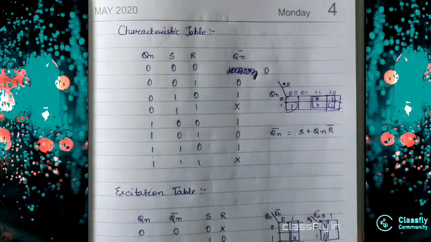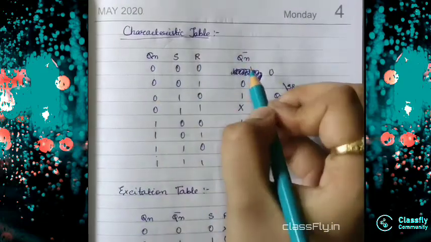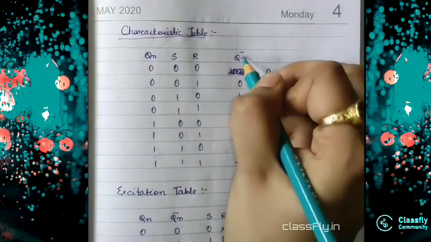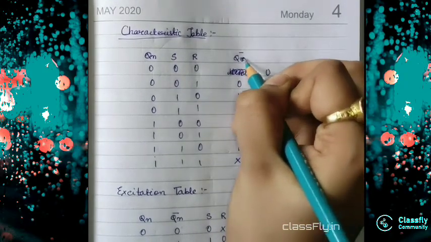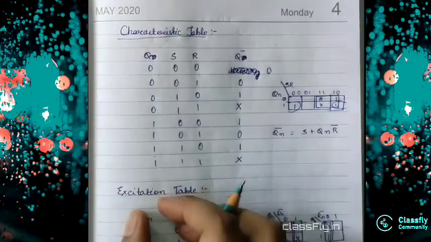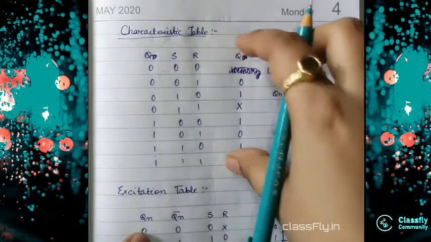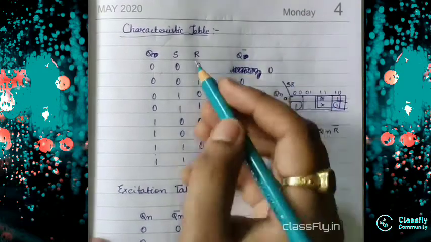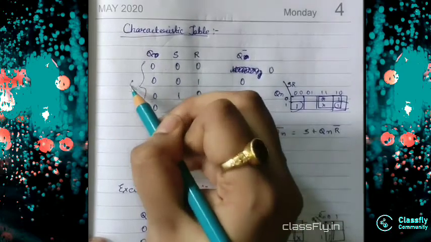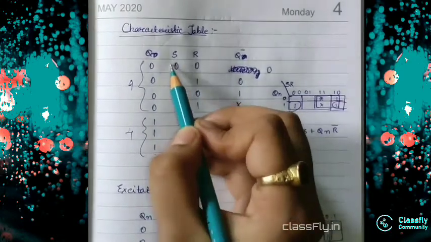See, this is my characteristic table. The characteristic table will give the output of the next state, that is the Q next, or you can also say Q bar. If you take Q for the input, you will write Q bar. So this will be my Q bar state. We will get the output for the Q bar. As there are three variables, our first column will be four zeros, four ones, and respectively the two columns, 2 zeros, 2 ones.